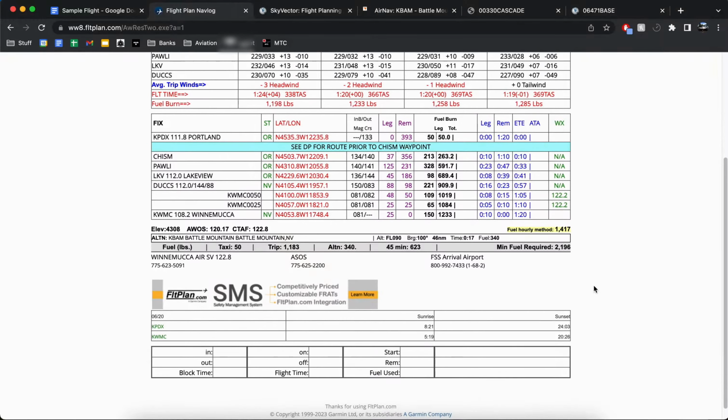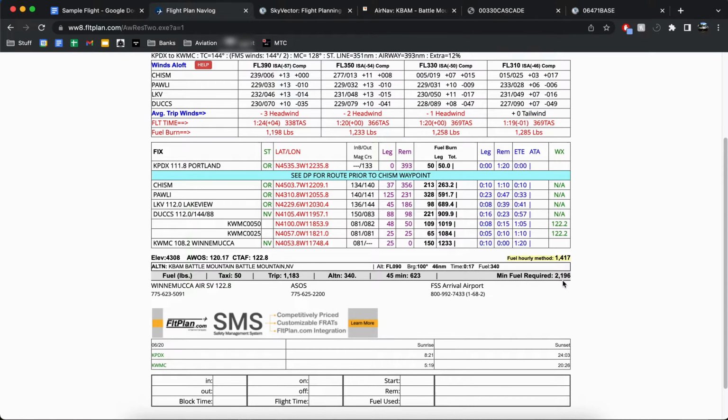Down here, fuel hourly, this number here, I believe has to do with how you set up, both these numbers have to do with how you set up flightplan.com under settings in terms of the way it's going to calculate fuel burn. I generally just use the more conservative number down here, minimum fuel required,